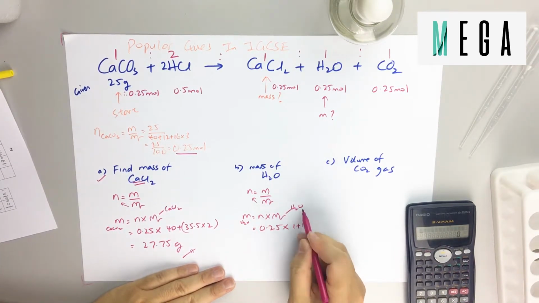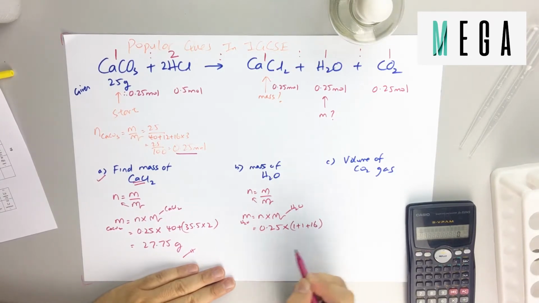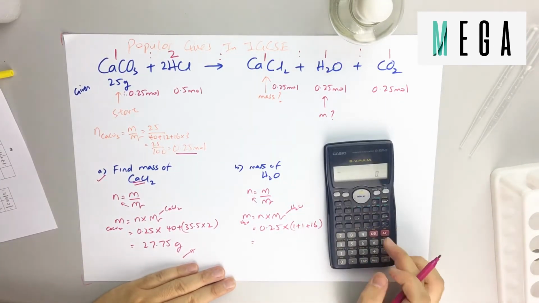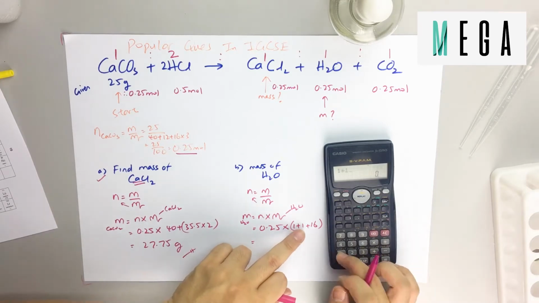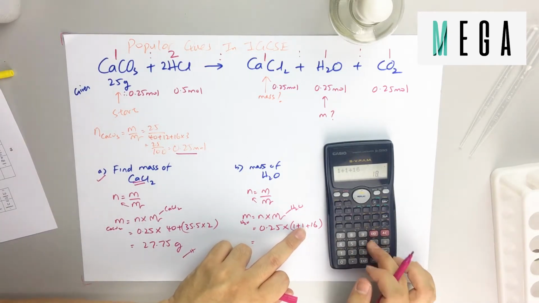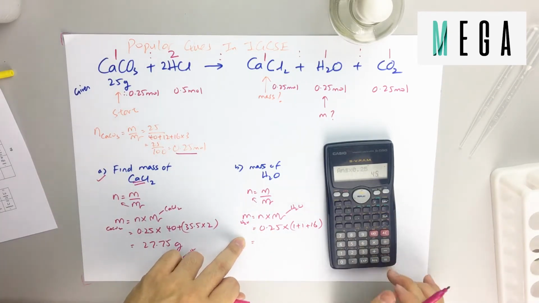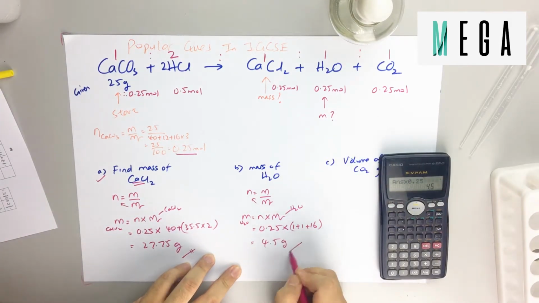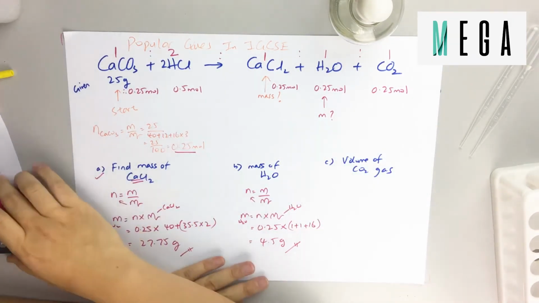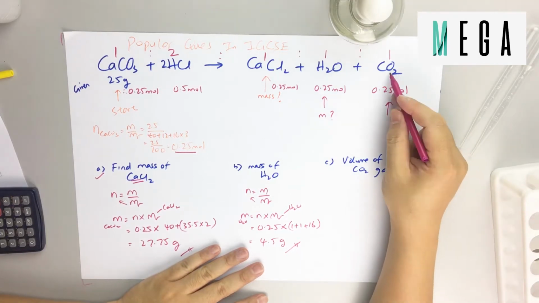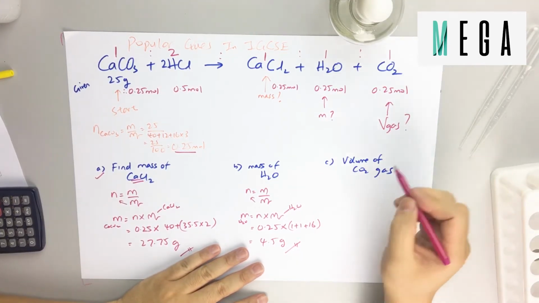Hydrogen is 1 plus 1 and oxygen is 16. You see, you always use hydrogen and oxygen, so please remember the mass of them. Simple maths gives 4.5 grams. Very easy. Next, if they ask for volume of CO2 gas, once they say volume of gas, recall